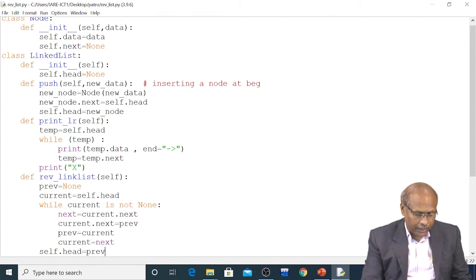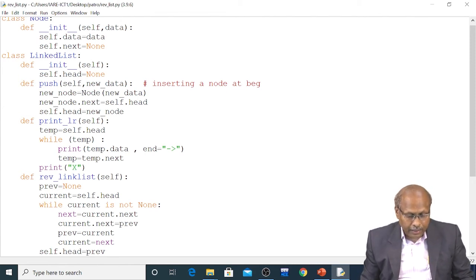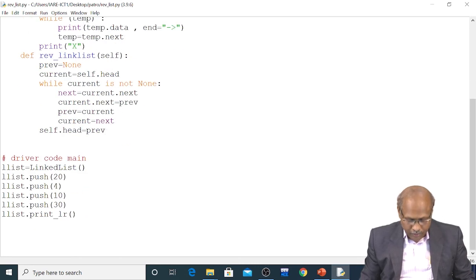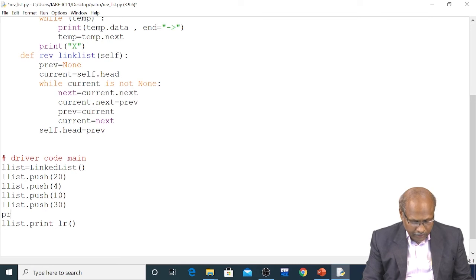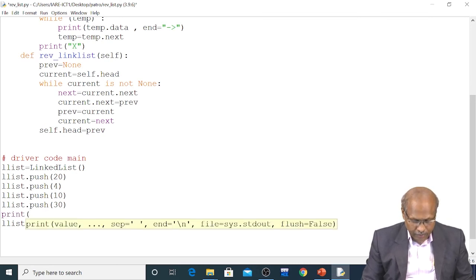So now here Control S, save it. Now after this definition, what will I do? This is the original list. So here I will print it. Print original linked list.